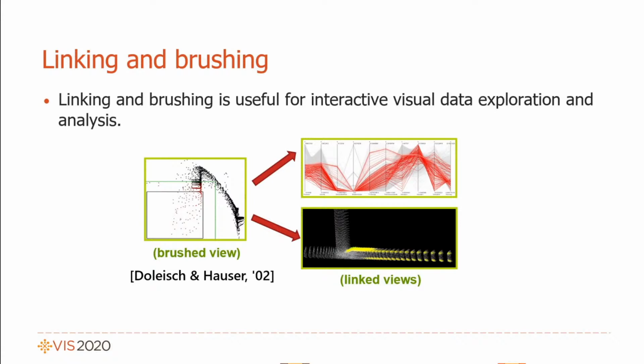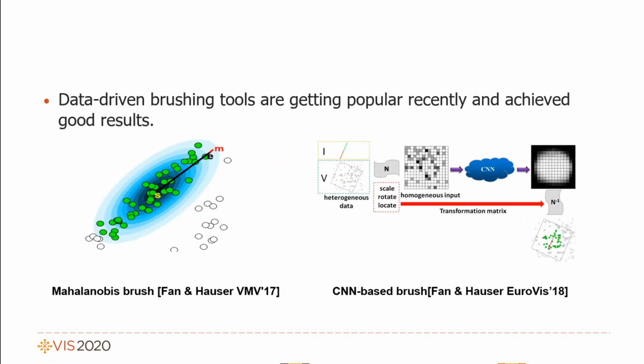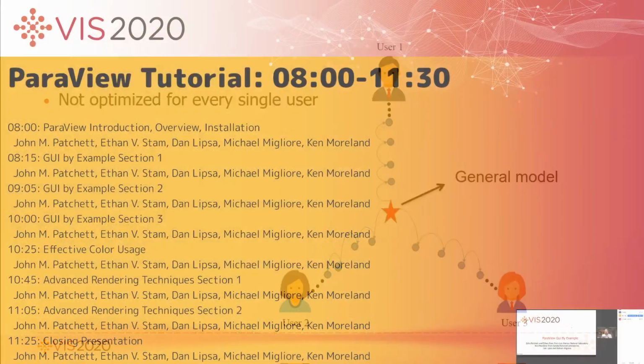Linking and brushing is very useful for interactive visual data exploration. Data-driven brushing tools are getting popular recently and achieve good results. For example, the Mahalanobis-based brush and the CNN-based brush. However,